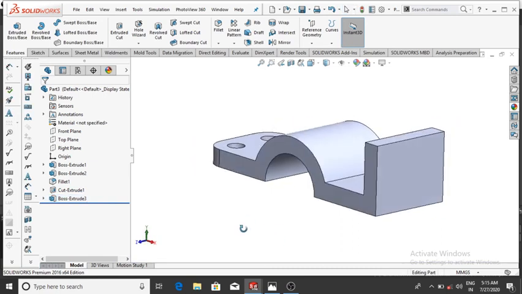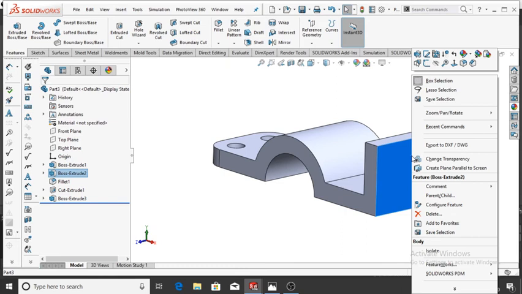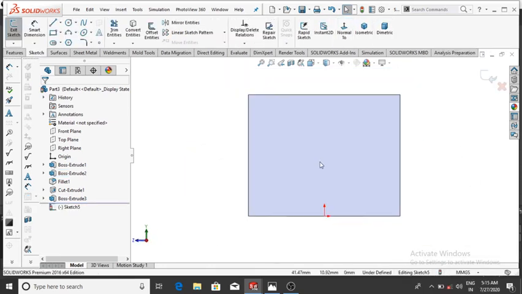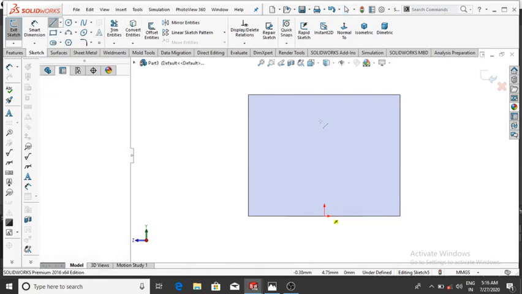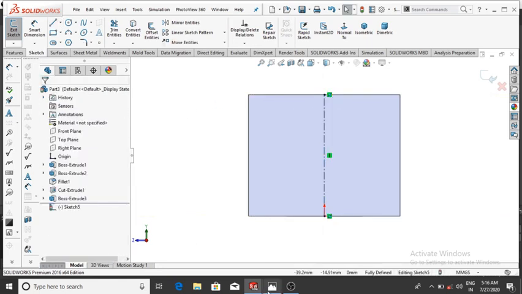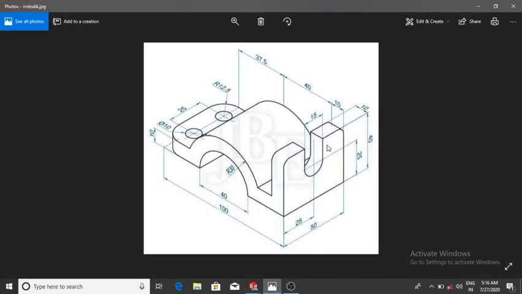And from this face make the extrude cut, so simply select right click, then normal, and make the center line, so select center line, then okay. And make this sketch, so